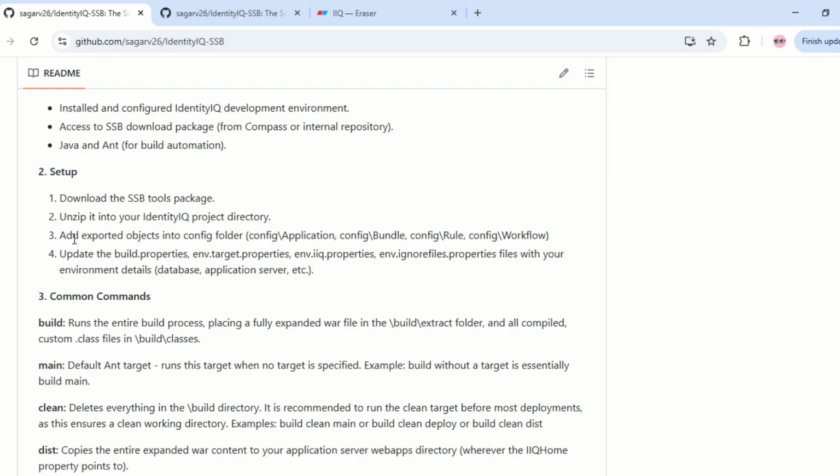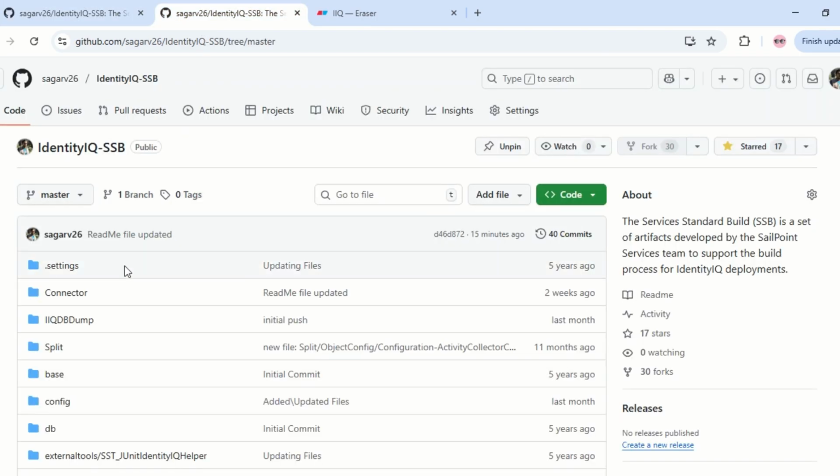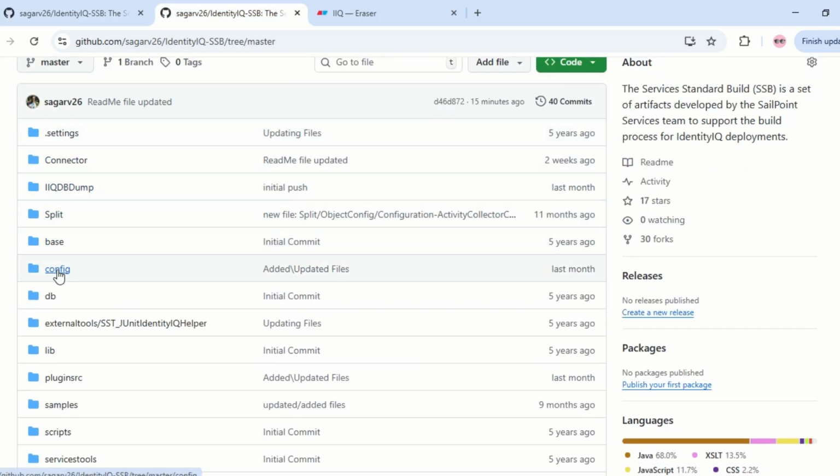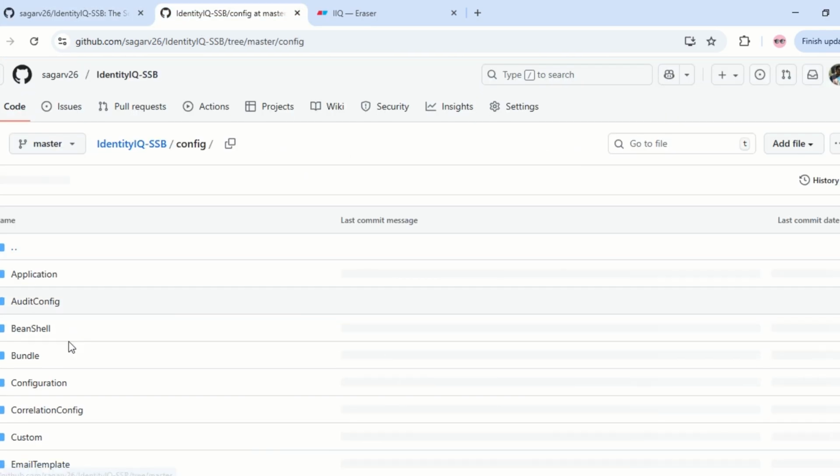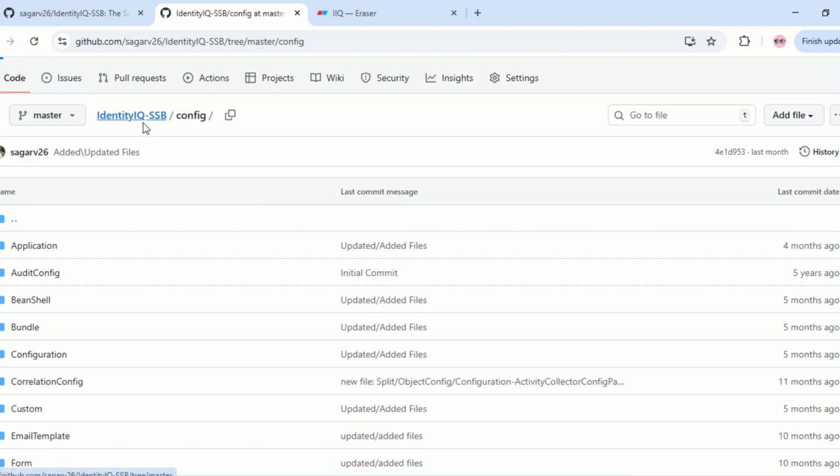How it happens is you already downloaded the IIQ version, whether it's 8.2, 8.3 or 8.5, whatever the version is. Go to the console, execute that export command, and then you'll have all the required object-level XML files. Then use a Perl command to extract or split it. Once you have configured all the required config objects, meaning you have all the separate objects, then